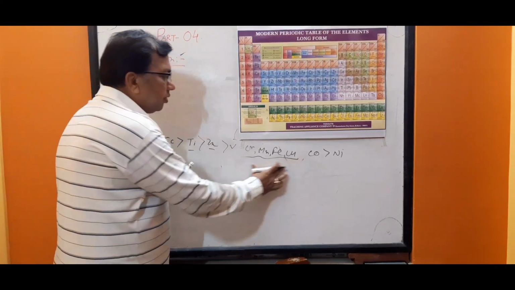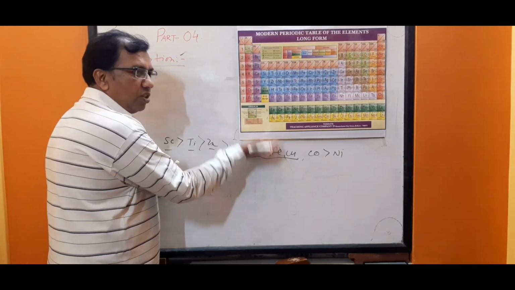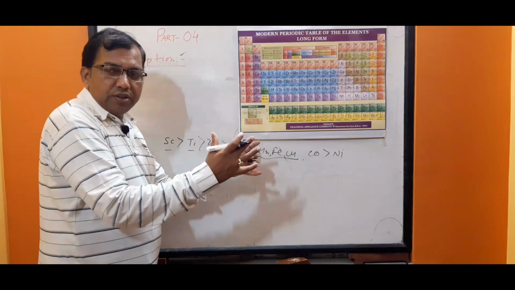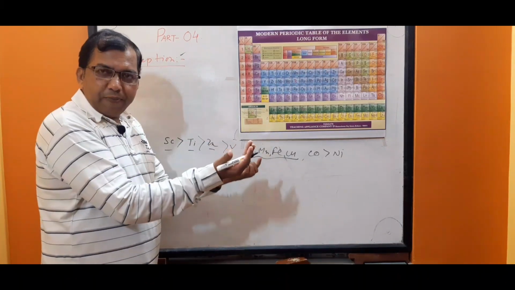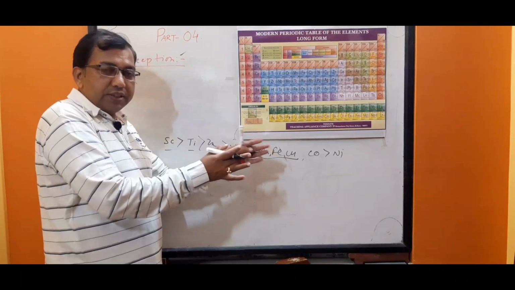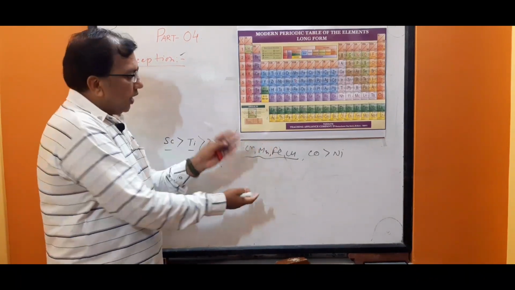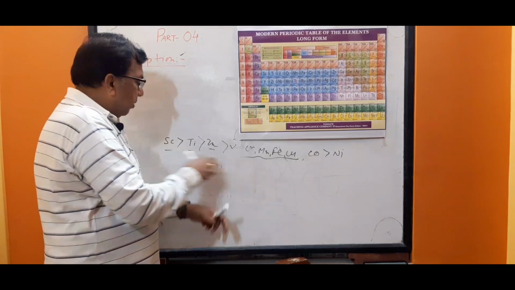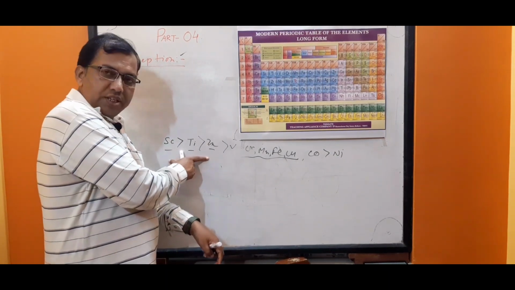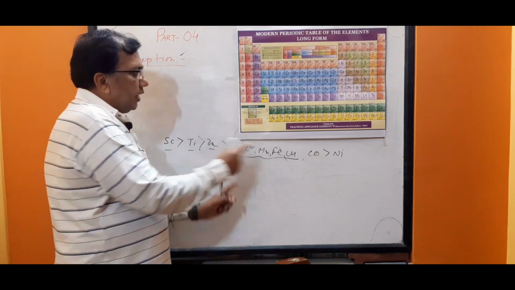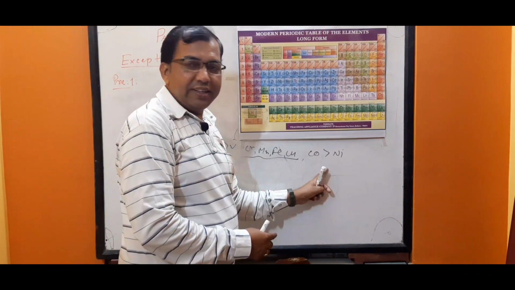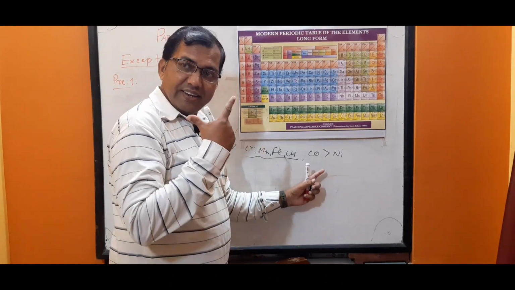But this will remain constant. This will not increase because the effective nuclear charge and the electron repulsion neutralize each other. There will be a slight change, but it remains constant. Repulsion of what? Electron repulsion and also nuclear charge. But here that does not occur. So this series is clear, and this will remain the same, and this will increase again. Atomic radius increases again. Clear?